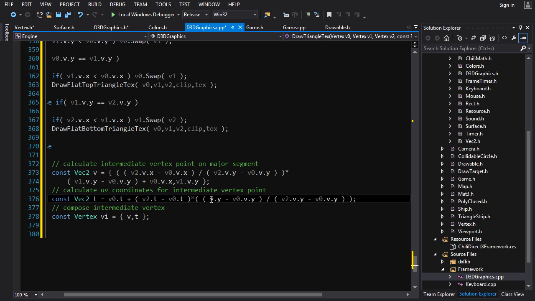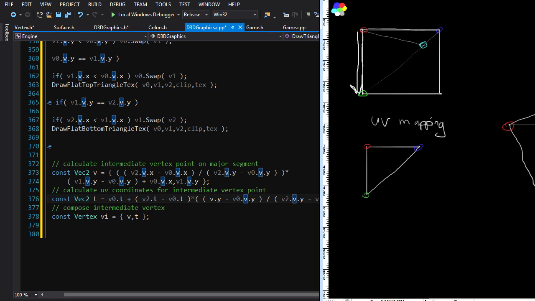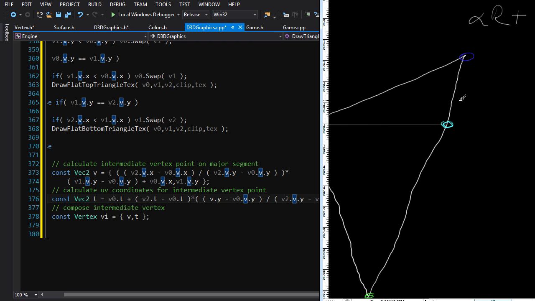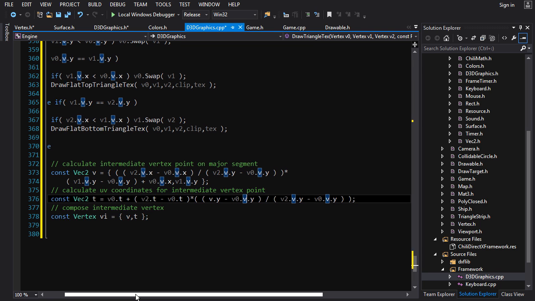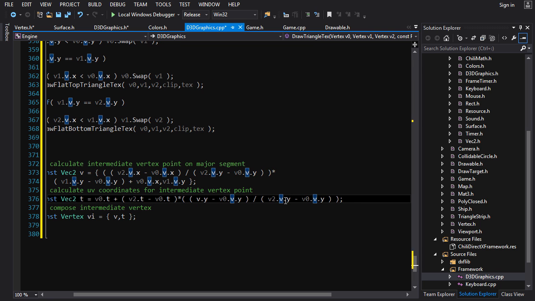This is screen space, right? Because it's V's, not T's. So this is the difference between the split point Y and V0. That's this distance here, not a vector quantity, just a normal scalar, divided by